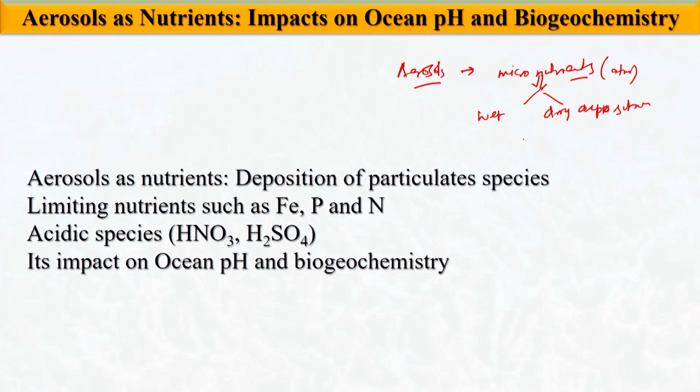Now, wet deposition means it needs water in some form, like rainwater or precipitation, which could be snow, drizzle, or fog and other things. And dry deposition is just because of its mass and falling under the gravity of the earth. So, mg, the force acting on a particle of mass m will be m into g, and it will be deposited. We will discuss how these dry and wet depositions impact ocean biogeochemistry,